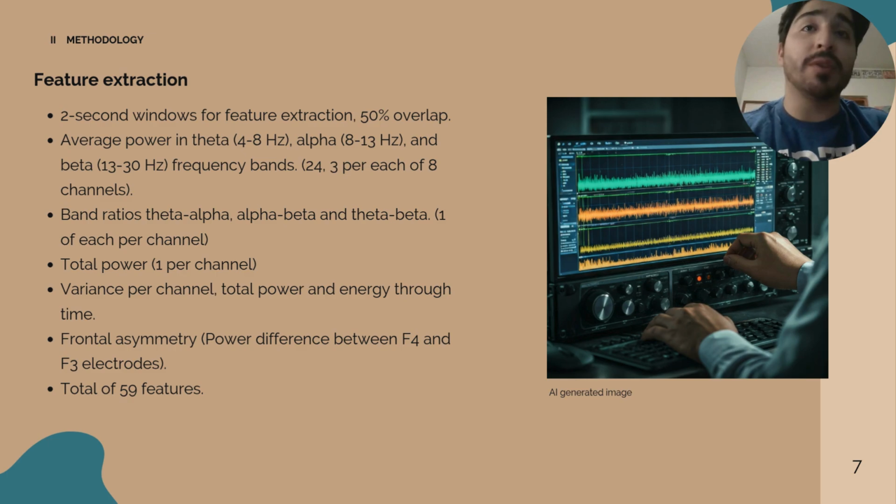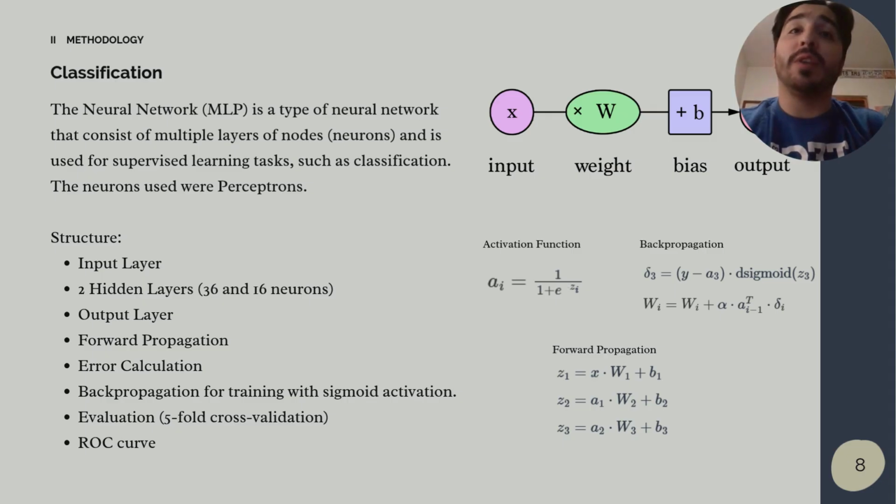This is the power difference between electrodes F4 and F3. A total of 59 features was extracted for the characterization of attention and inattention. Now, for the